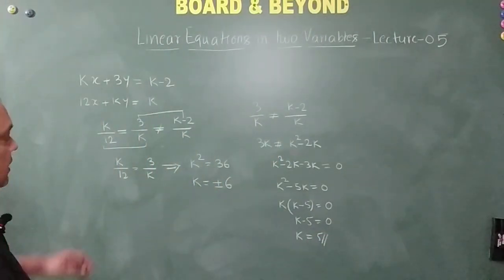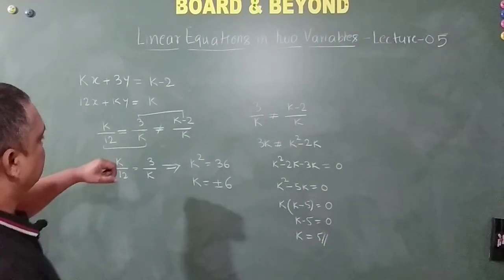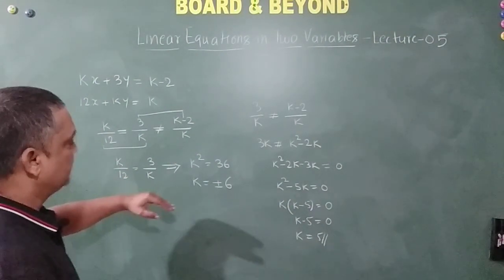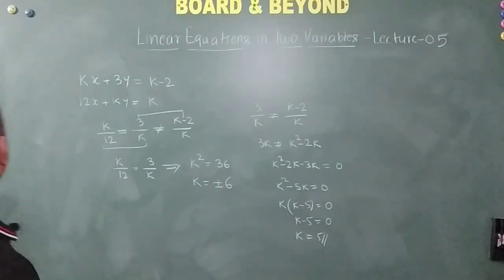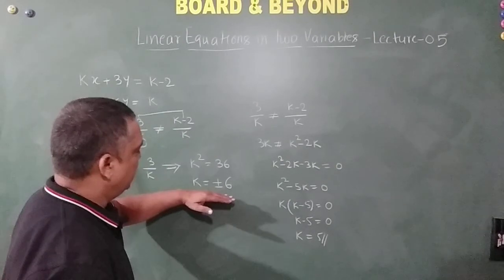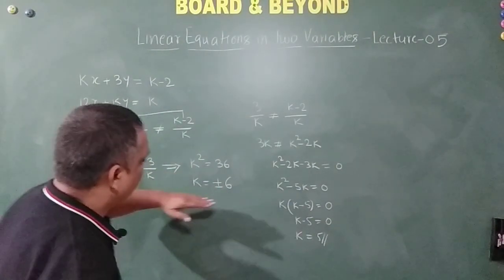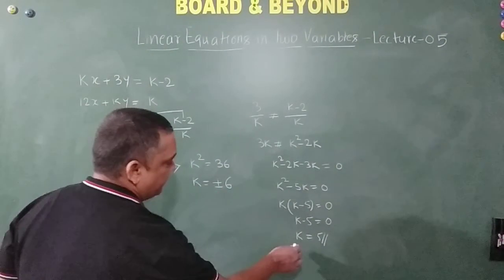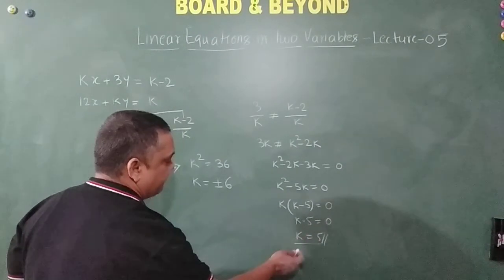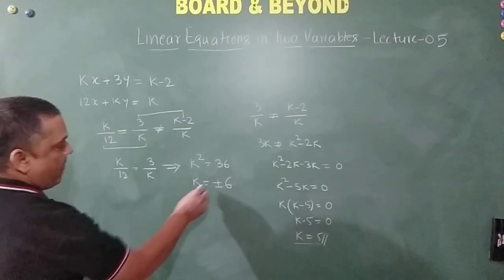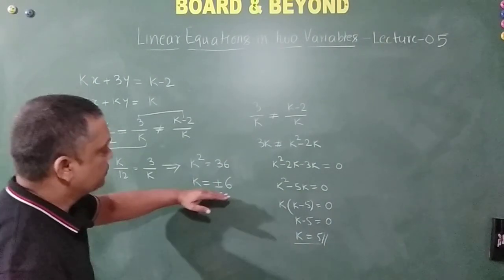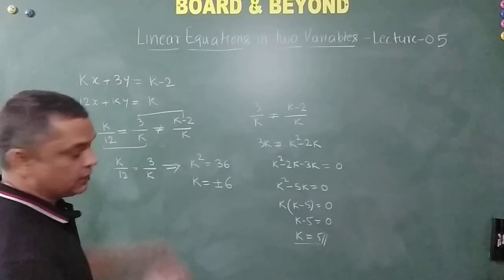So now we will see what is the value of k for which this system of linear equations will have no solution at all, right? From here you see what happens is, we can for a moment exclude this, okay? So this was not required at all. We can give the answer from here itself. So k is equal to plus or minus 6.